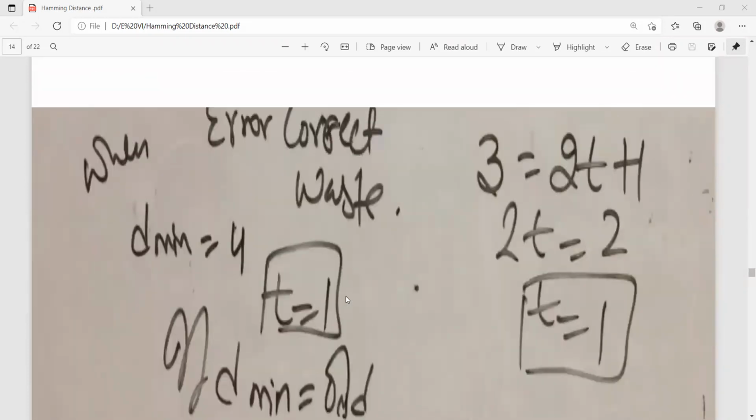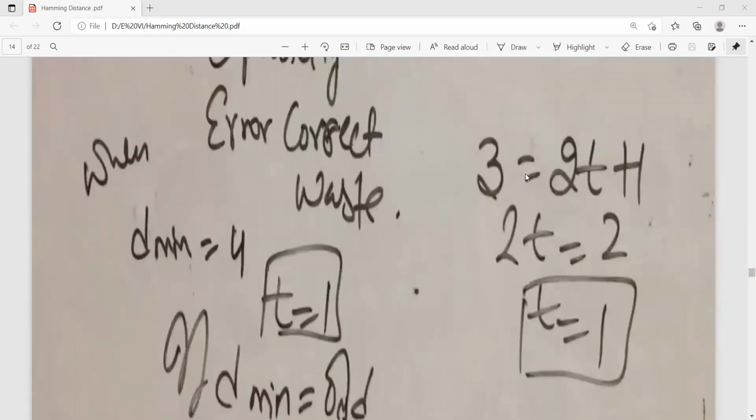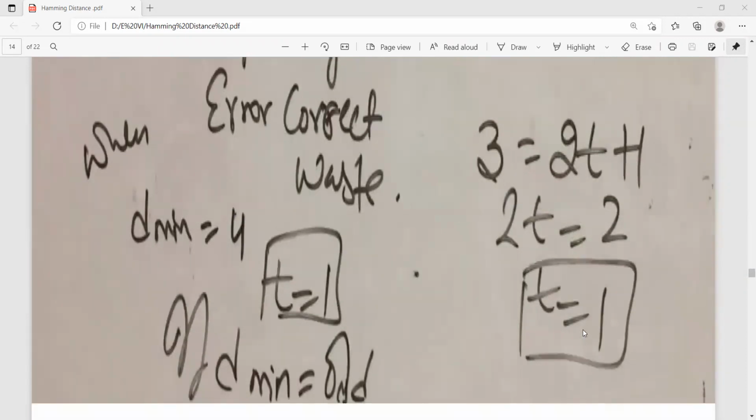Because here it is 3 data, 3 is odd. So therefore, from this formula, your t is equal to 1.